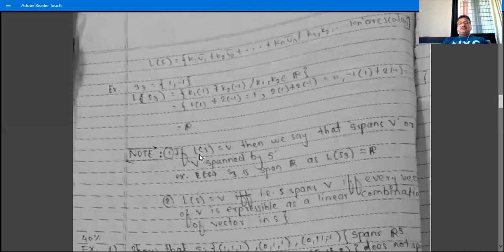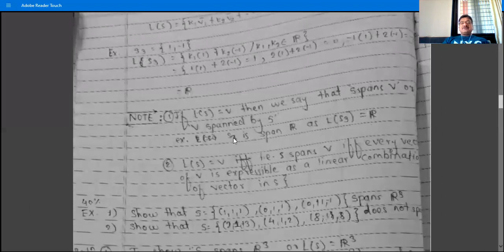That is, LS is obviously a subset of V. So when LS is equal to V, we know that capital A is equal to capital B if A is a subset of B and B is a subset of A. So when LS is equal to V, these are the two sets. LS is a set, V is a set, and these two sets are equal if they are subsets of each other. So obviously LS is a subset of V. No need to show LS is a subset of V, clearly, and so now we have to show just